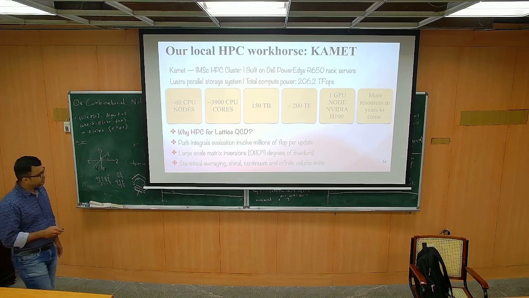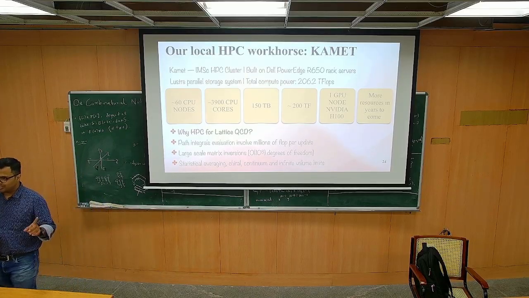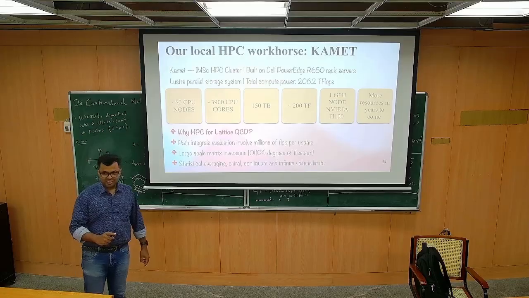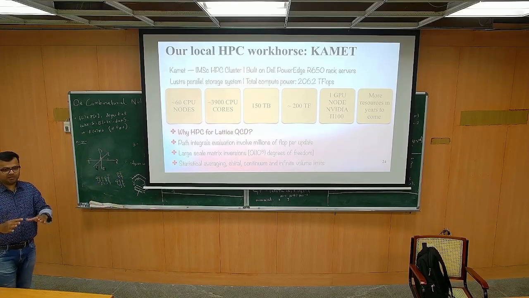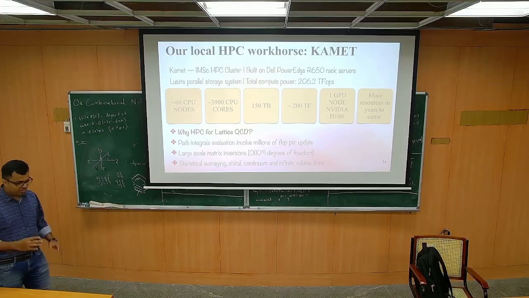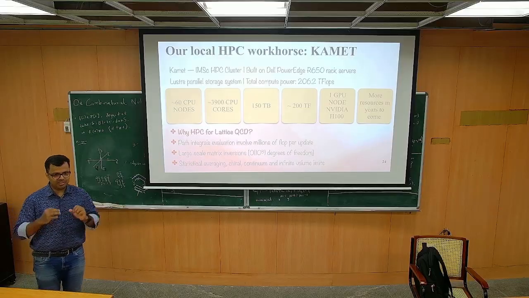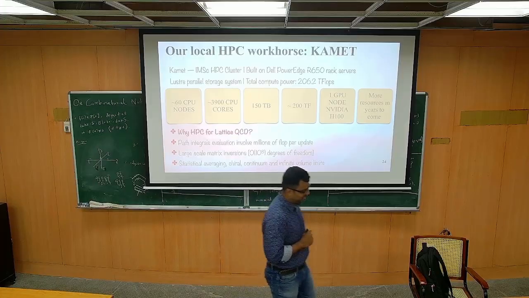When I said 10 raised to 8, I'm really understating the number of degrees of freedom. 10 raised to 8 is just one row, which means you have a 10 raised to 8 cross 10 raised to 8 matrix. I'm not so stupid as to put a 10 raised to 8 times 10 raised to 8 matrix blindly into a machine, because we have no machine in the world that can fit such a big matrix. So we make various manipulations so that we can still deal with this matrix without actually realizing it. There are techniques for that.